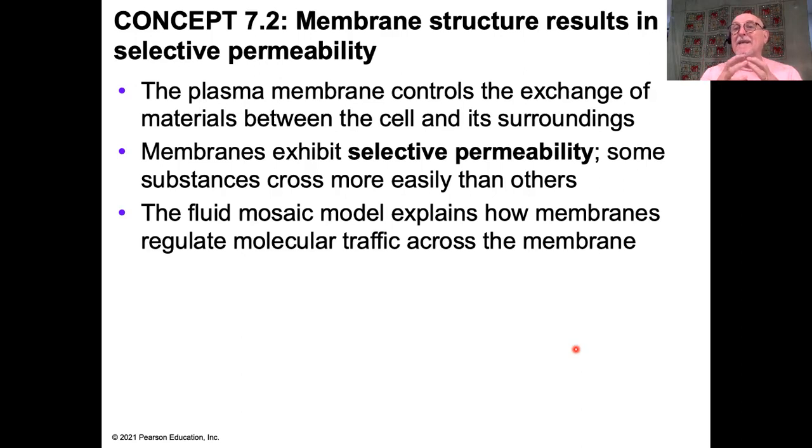And this is what allows the cell to keep conditions at optimal inside the cell relative to the outside. It is the activity of the membrane itself, and that activity is governed by the nature of the phospholipid background, but largely by the activity of the proteins which are embedded in the membrane. It's the proteins which are actively determining what goes across and in what direction. So the